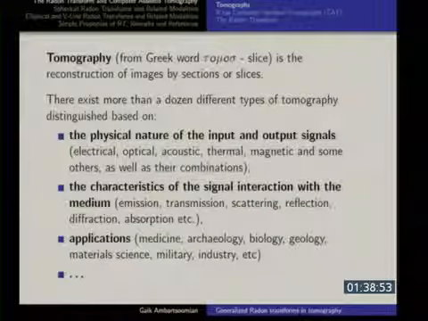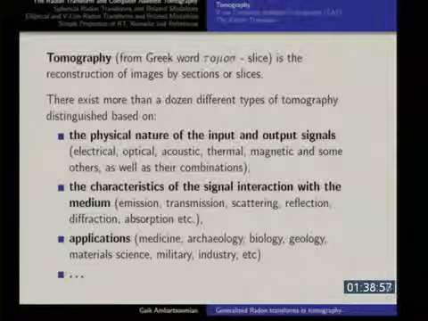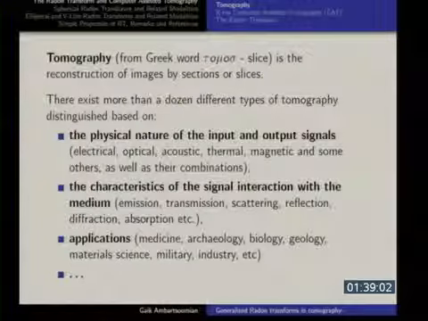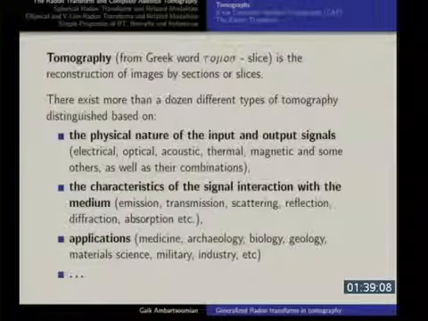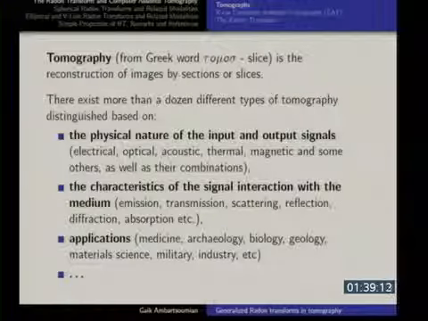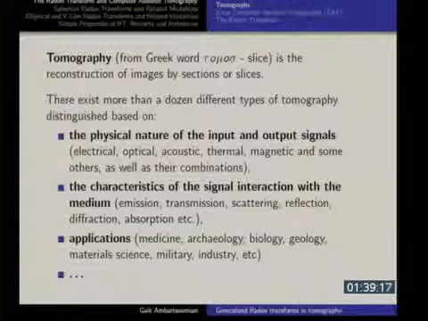They are different, first of all, by the physical nature of the input and output signals. What does that mean? Tomography is usually when you're trying to recover an image of something that is in a black box, something you cannot reach, something inside the patient, inside the engine of the rocket, under the ground, and so on. Because if it's visible, then why do you need tomography? Just photograph it. Right? So what do you do? You send some signals, and then you receive some signals, and depending on the physical nature of those signals, we distinguish different types of tomography.